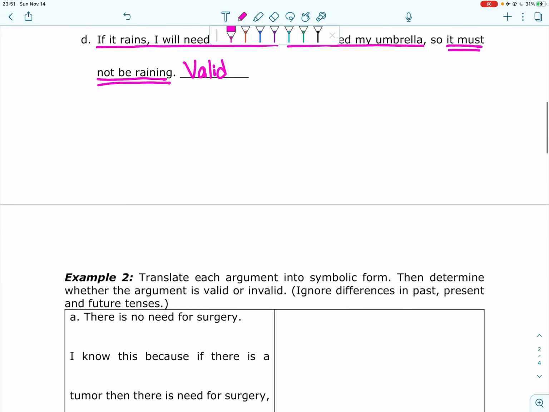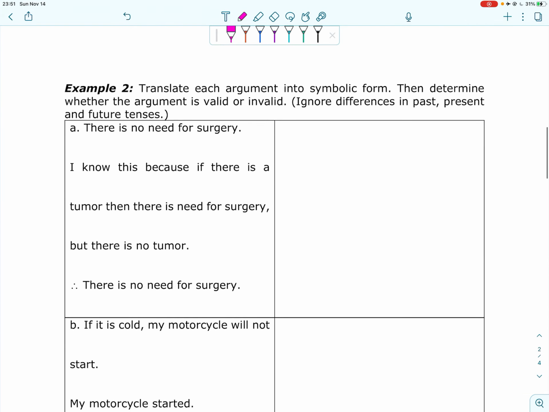All right, my screen's not moving. Hang on. There we go. All right, so